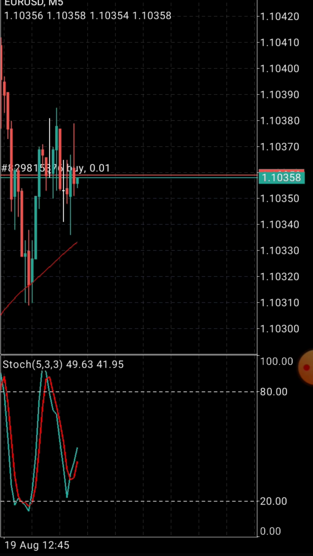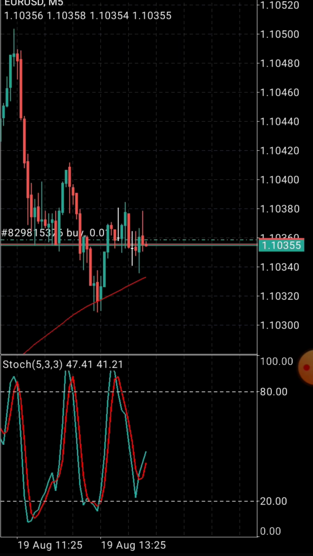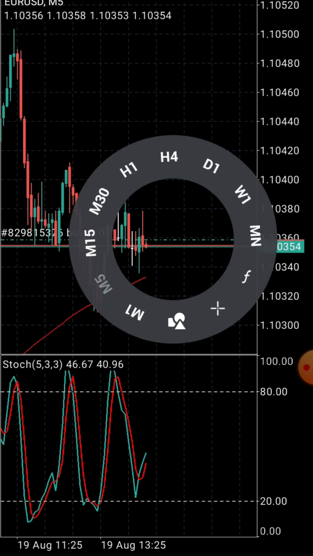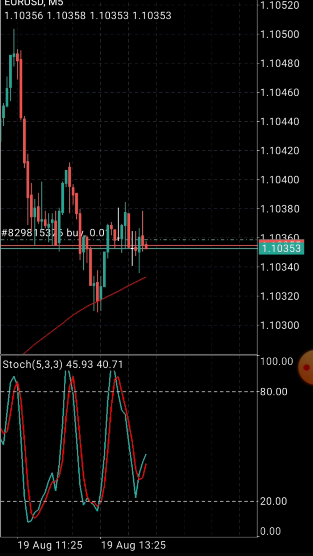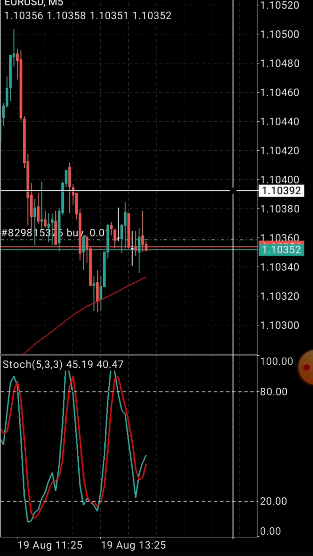So now in MT4, how will you apply stop loss and take profit? Here you cannot directly put your SL and TP as you do in MT5. You will have to select where you want to place your TP.